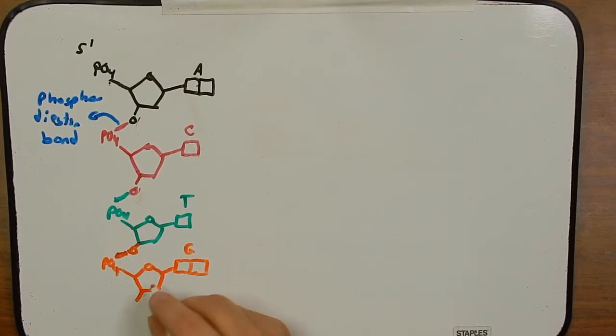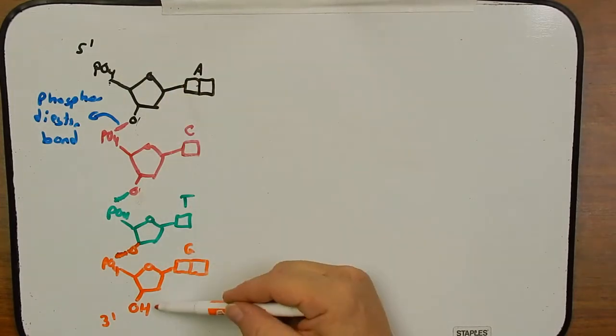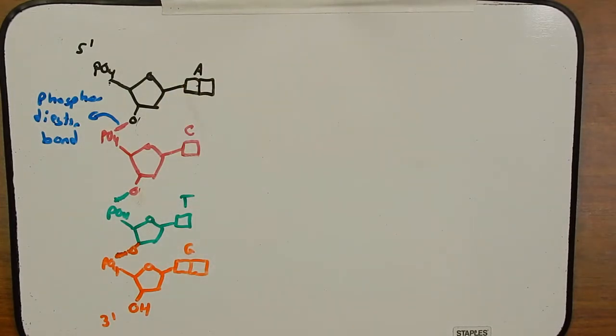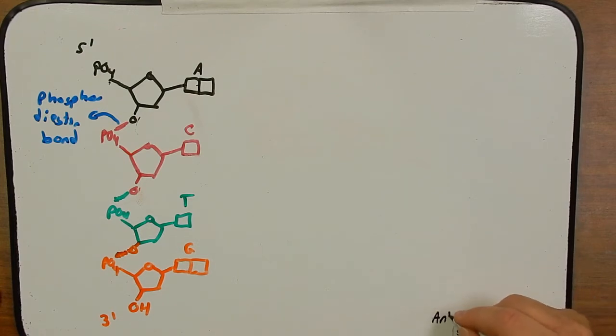This will always end, the last nucleotide of any sequence will have a hydroxyl group there, and we call it 3' hydroxyl. So we always write DNA on one strand, 5' to 3'. Anytime you see a piece of DNA, if it's just a single strand of it, by convention, we write it 5' to 3'. However, it's the reverse on the other side. On the other side, it will be 3' to 5', and that's because DNA is anti-parallel, and I'll write that word down here.